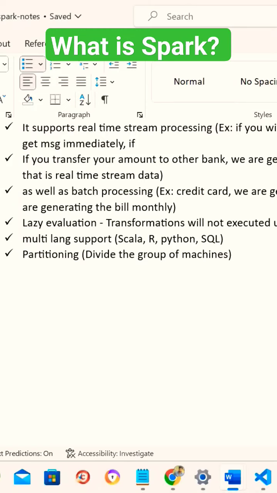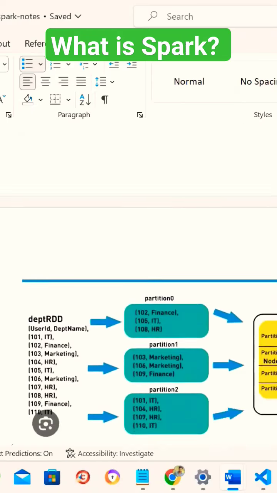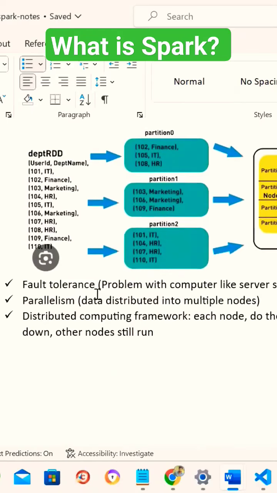And Spark supports multiple languages: Scala, R, Python, SQL. And Spark supports partitioning, meaning we can divide our data across multiple machines. And fault tolerance, if there is an issue